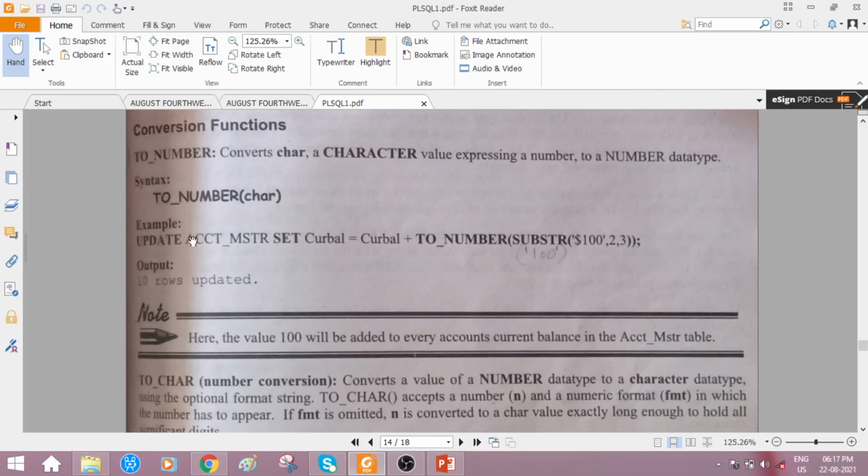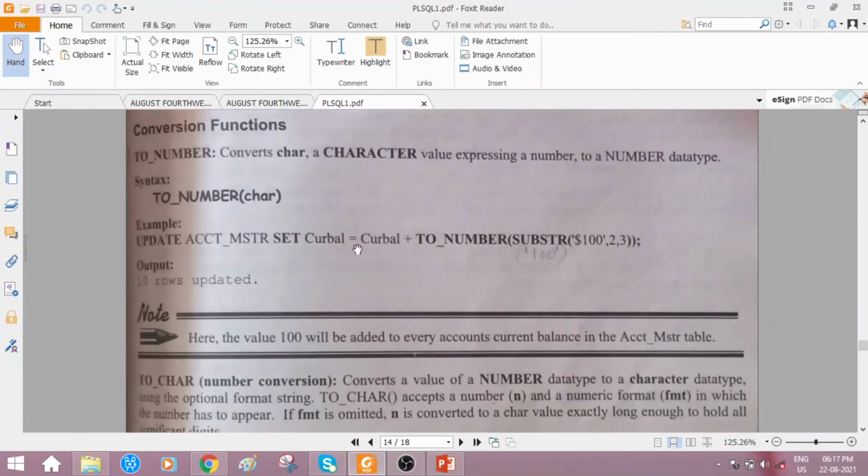So update in the account master, set is a keyword. Current balance is a column name you find in the account master, one of the attributes found in account master. So we are applying the update operation to which column? Current balance. Update in the table account master, set current balance equal to current balance plus something.